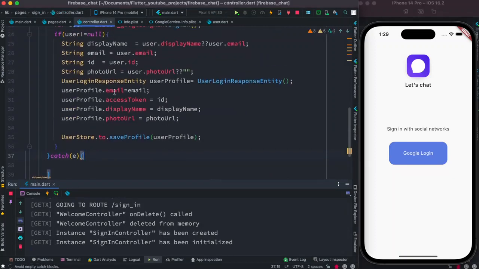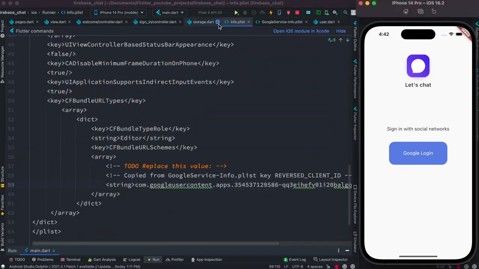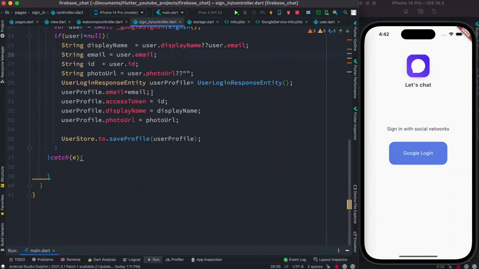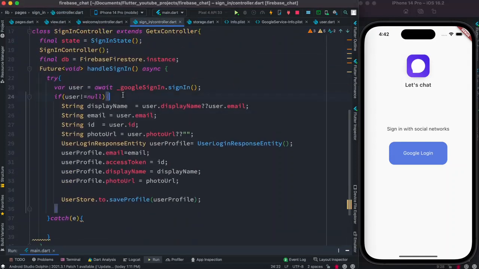Okay, the user has logged in, and then we'll come over here, and after this actually we want to save the information in Firestore database. Now before we save in the Firestore database, we have to check if in the database we have users or not, the certain user. So that's why first here we'll declare a variable, and here we'll call it userBase,